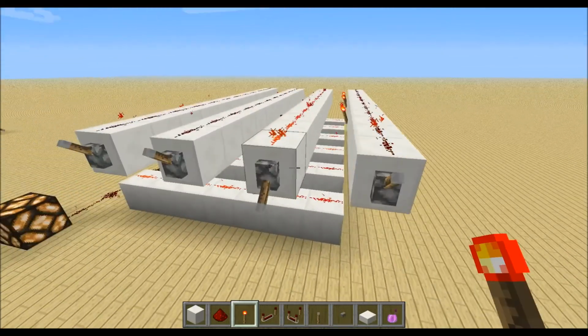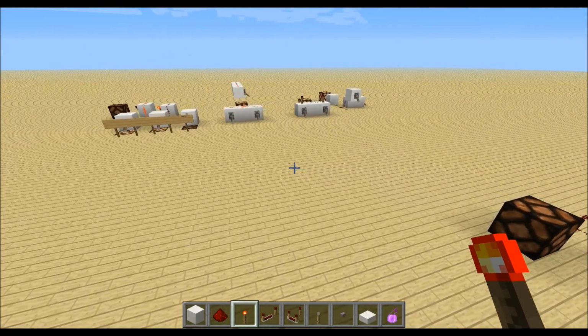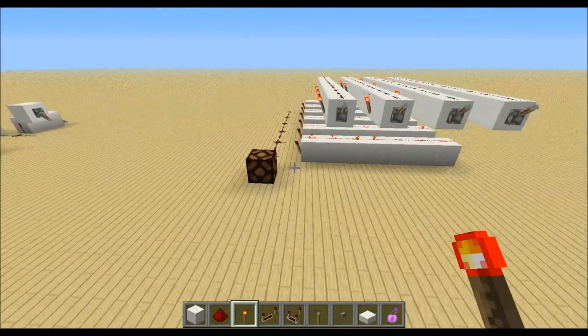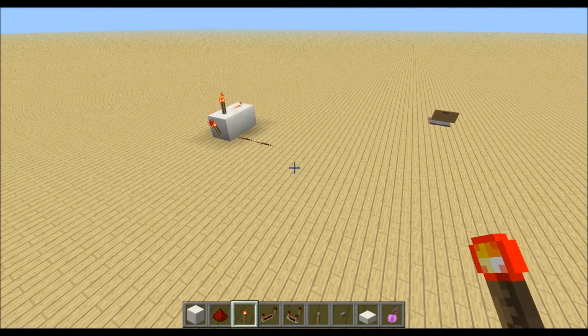So I hope I could tell you something about redstone torches and what you can do with logic functions with the redstone torches. And I would say play around with it,